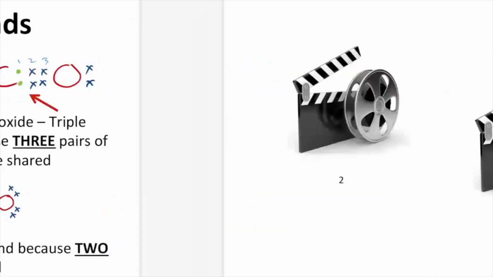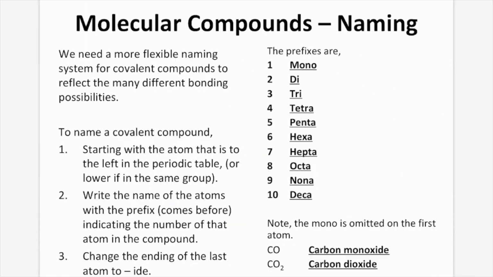electrons. Molecular compounds, naming. So we need a very flexible naming system for covalent compounds to reflect the many different bonding possibilities. To name a covalent compound, we start with our atom that is to the left on the periodic table, or lower if it's in the same group. We're going to write the name of the atoms with the prefix. This is a thing that comes before, indicating the number of the atom in that compound. And then we're going to change the ending of the last atom to "-ide", similar to what we were doing